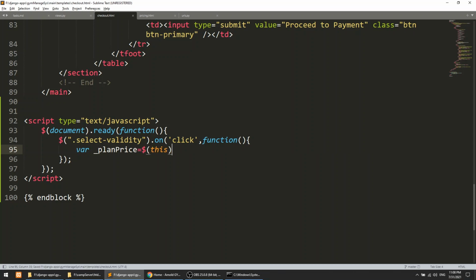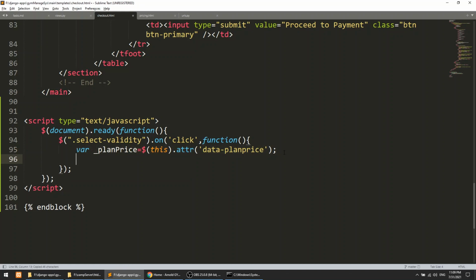This means I am referring to the clicked validity radio button, the currently clicked radio button, you can say. So this will be an attribute, and the attribute is data plan price. Okay, and the second value is the plan validity, you can say, and that is a value.